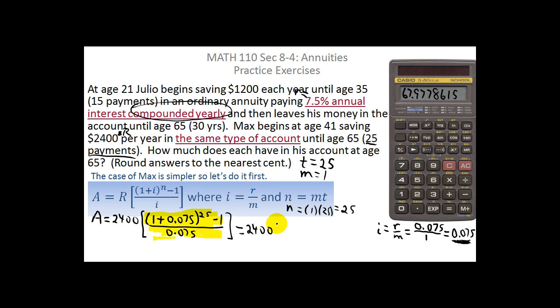So it'll be 2,400 times 67.9778615. The only thing left to do to finish getting A for Max is to multiply those two numbers together. The 67 point whatever is already in the calculator, so all I need to do is say times 2400 equals, which gives me